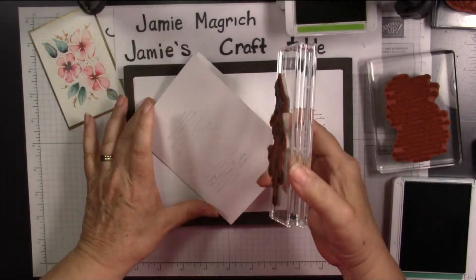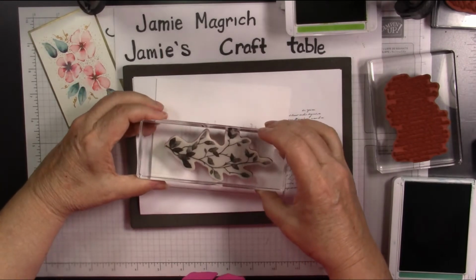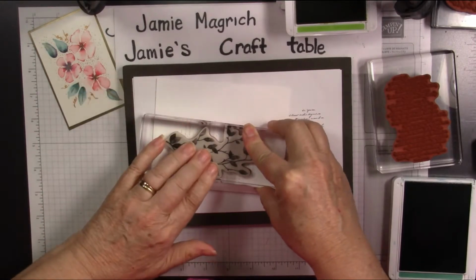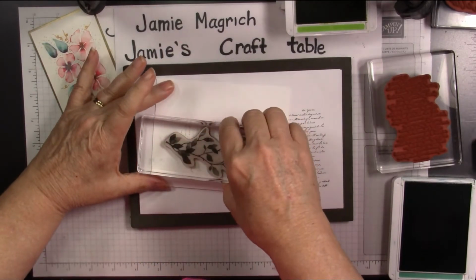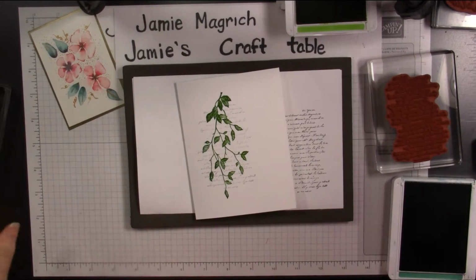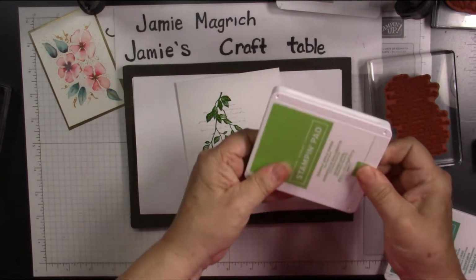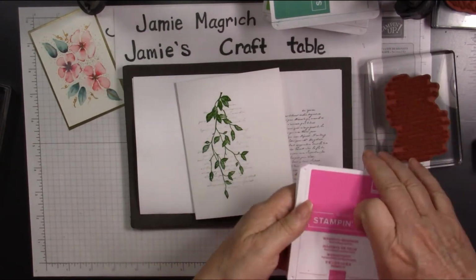I'm going to turn this so it's easier for me to stamp. And I'm going to just stamp this down right over the top of that stamp that I stamped before. Awesome. Okay, let's close these green inks. Okay, now I'm going to bring in Magenta Madness